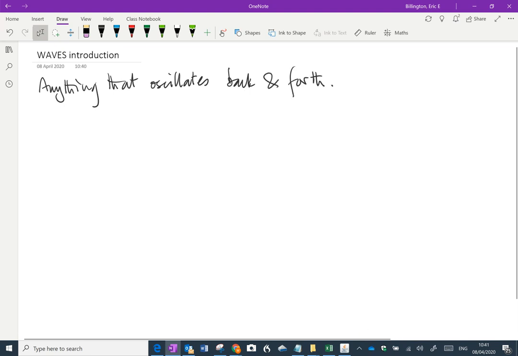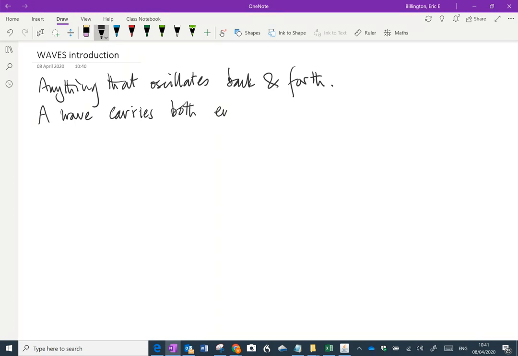We might also say that a wave carries energy and information. And so then the waves that we kind of know about,